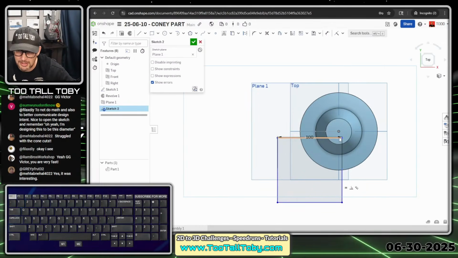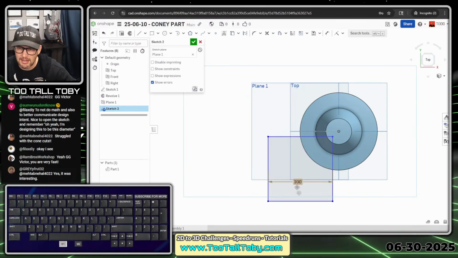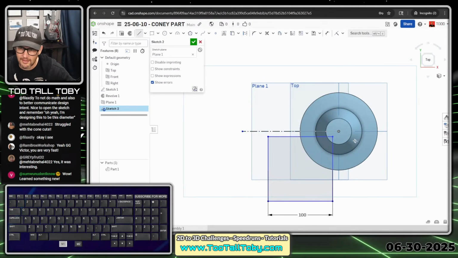All I need to do is make sure that that rectangle is over here on this side of the sketch. And so then what I can do is I can choose to create a line. So S key line from the origin, come over here and I'll press Q, makes that construction. Then I'll do another line here from the origin straight down, press Q, make that construction. And then what I'll do is I will create a dimension here that goes from this line to this line